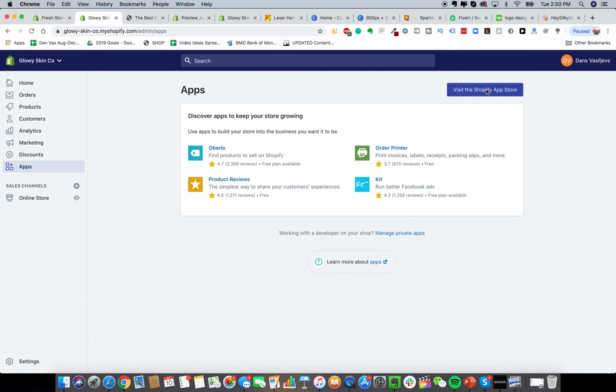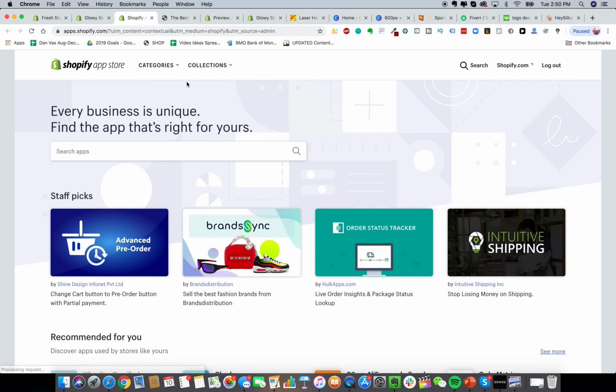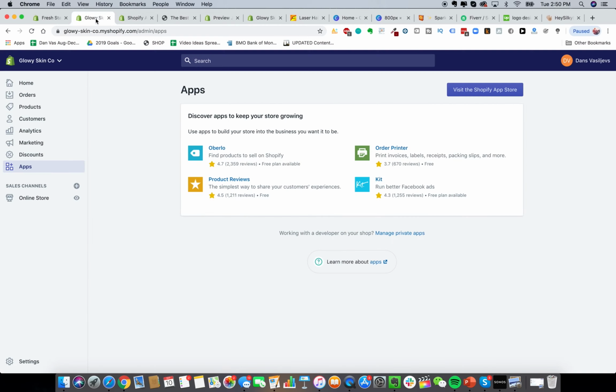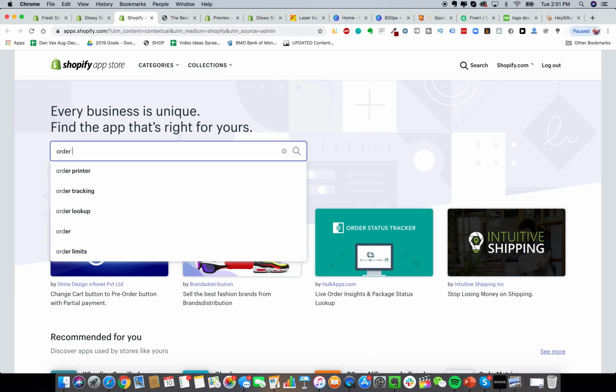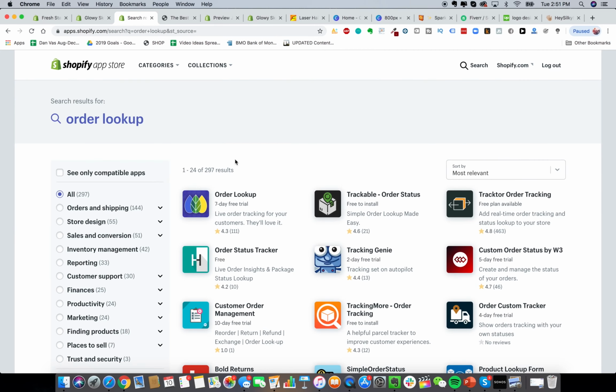So if you go to visit Shopify App Store here, we're going to start with the order lookup app, and that app allows us to install an order lookup onto our store, which is great because if we're having our supplier ship the order, or if we're doing fulfillment centers, which we'll talk about later, then your customer, when they get a tracking number, they can just go onto your website, and at the top, there's going to be an order lookup page. So if you go to order lookup, and we type that in here,